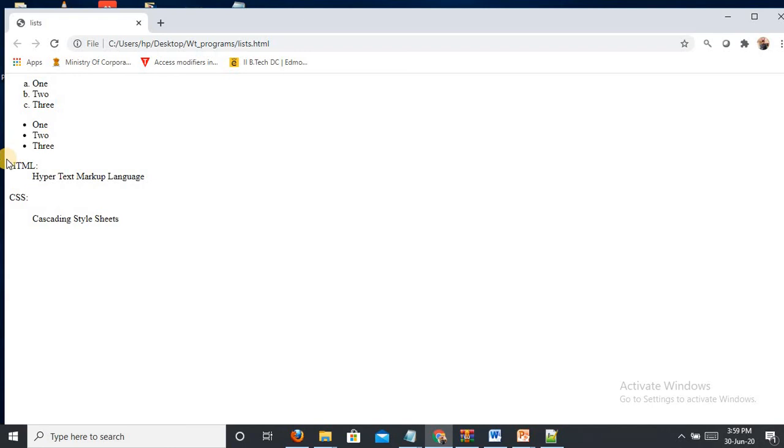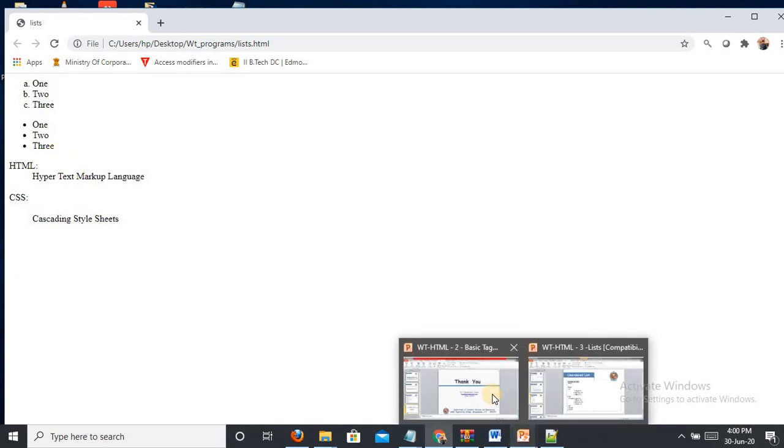So this is the definition list with HTML, this is the ordered list, and this is the unordered list. This is so simple, and if you had written start is equal to C, it will start from C. So you can try it in several ways. I hope you will try it in several ways.